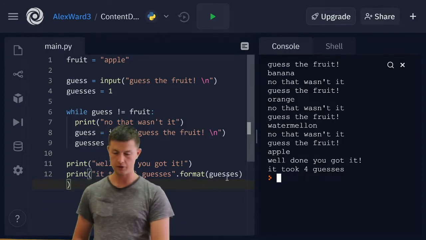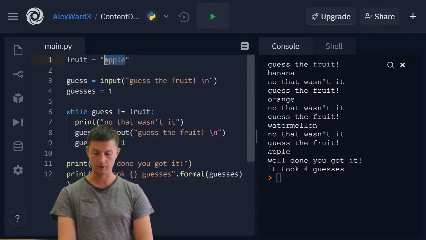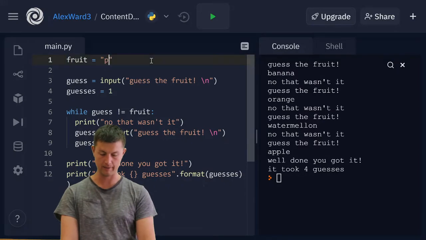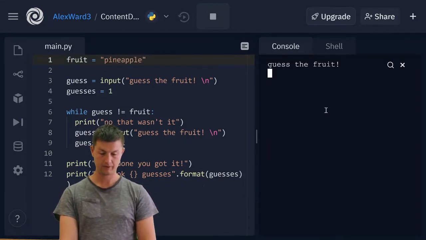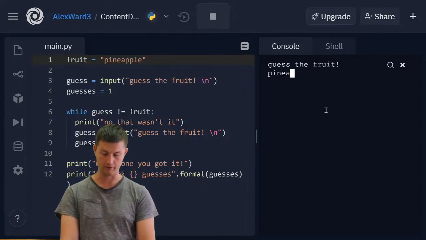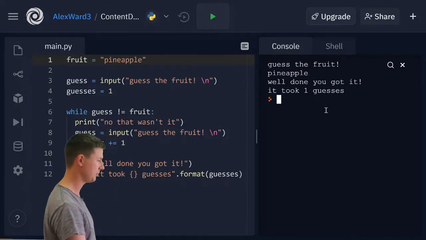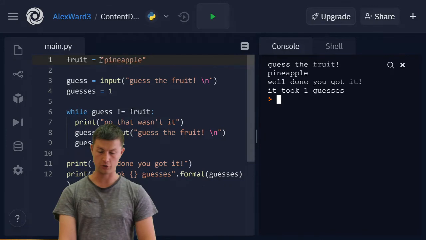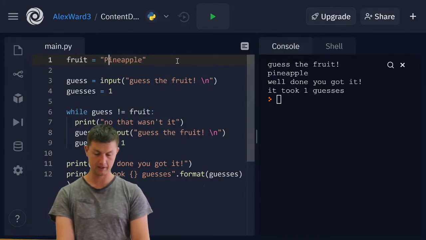And so now you could change that fruit to anything you want. You can make it a pineapple. And run it again. It's a pineapple. Yay, well done, you got it. Just to show you that, yes, capitalization does matter.